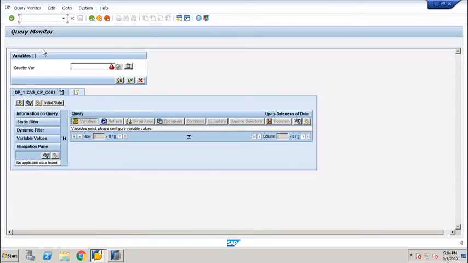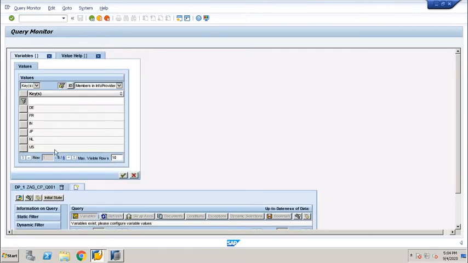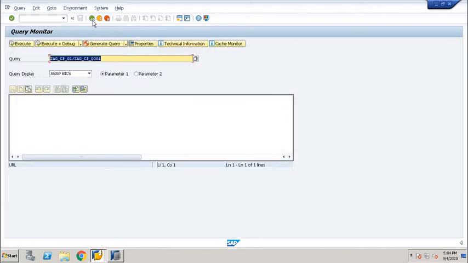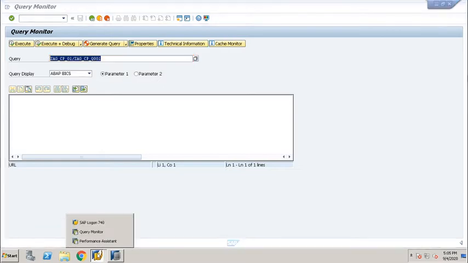After executing this query, once I press F4 for help search, I can see six countries: Germany, France, India, Japan, and let's say US and Netherlands. But the user requirement is to restrict these F4 help search values to India and the US. Out of six, we have to restrict to only two.